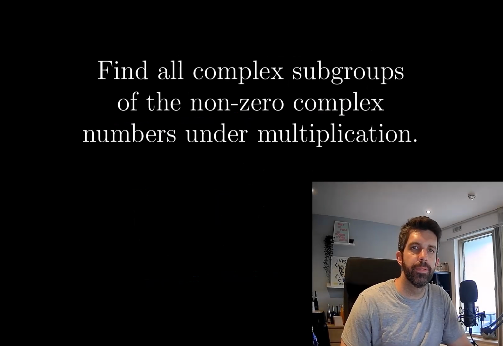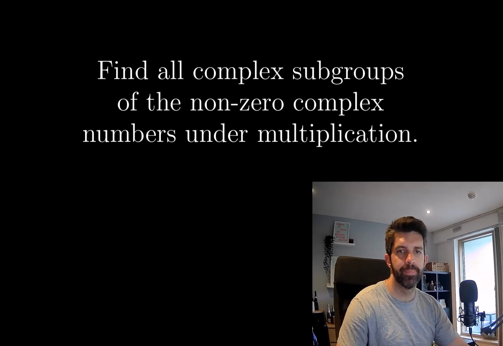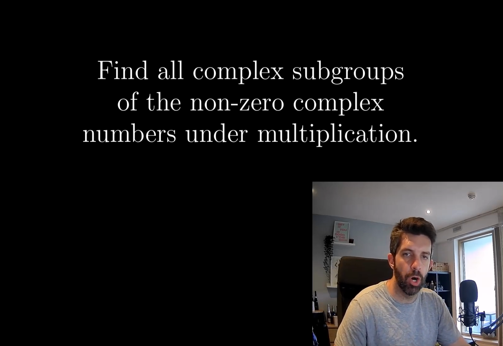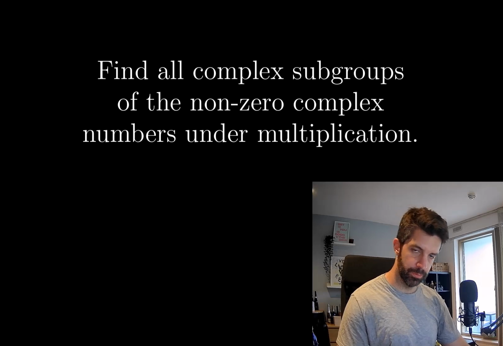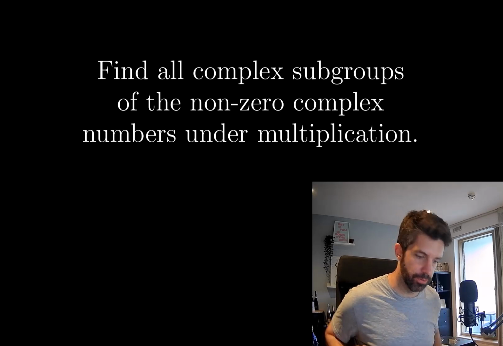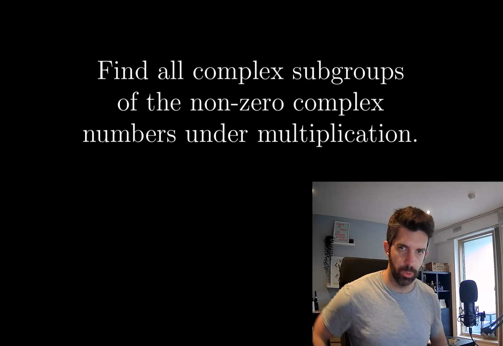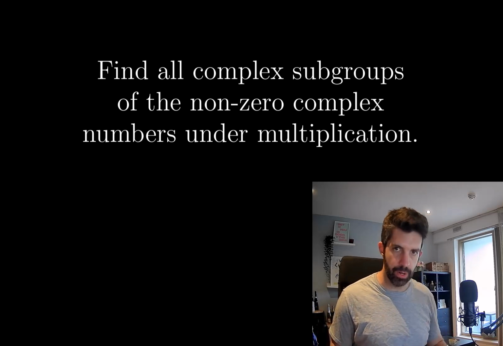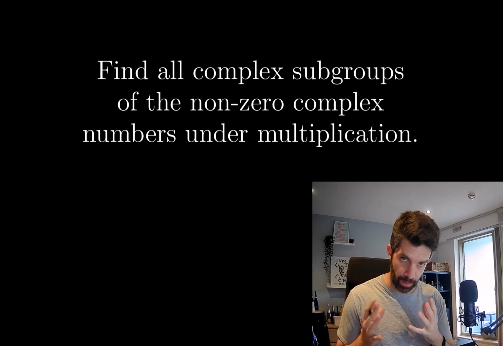Hello everyone. Today's problem was submitted by a viewer and it says, find all compact subgroups of the non-zero complex numbers under multiplication. Okay, so before I get started on this, I should say I read the question, which was